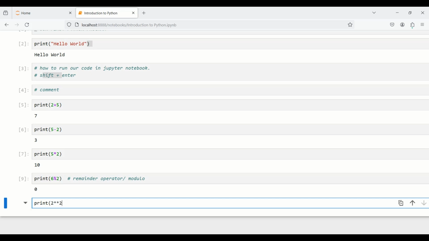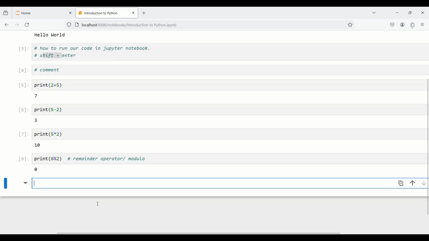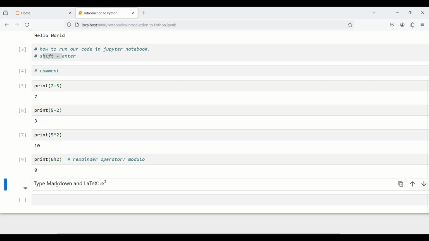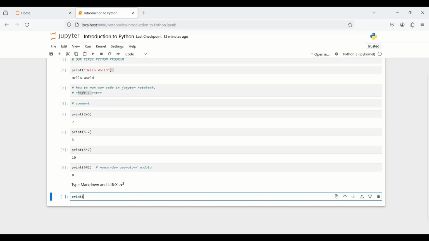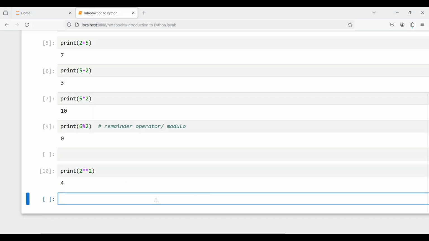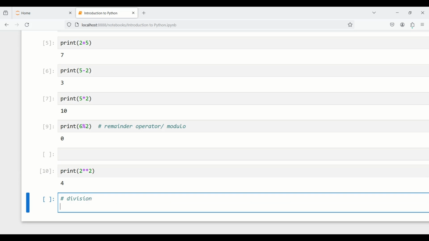So the next one is print 2 to the power. So guys, for power we can use double star. So the output is